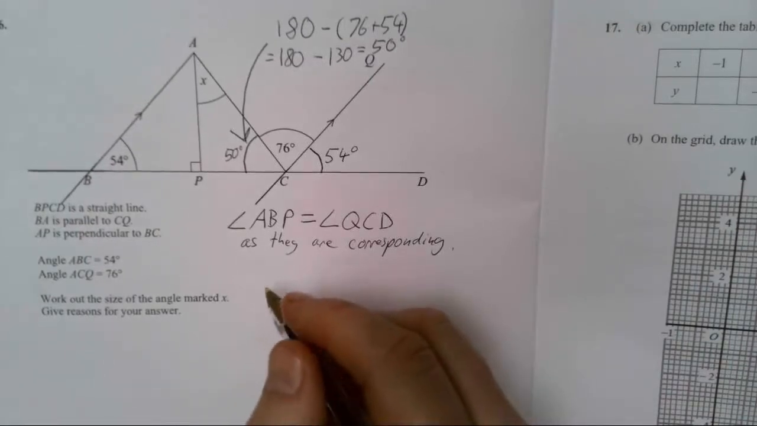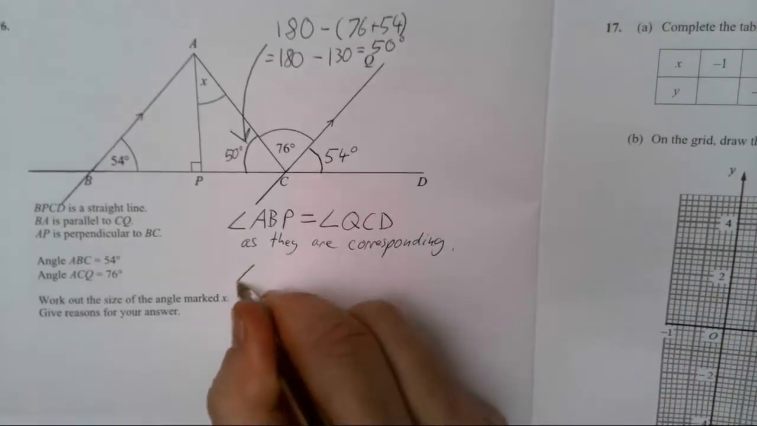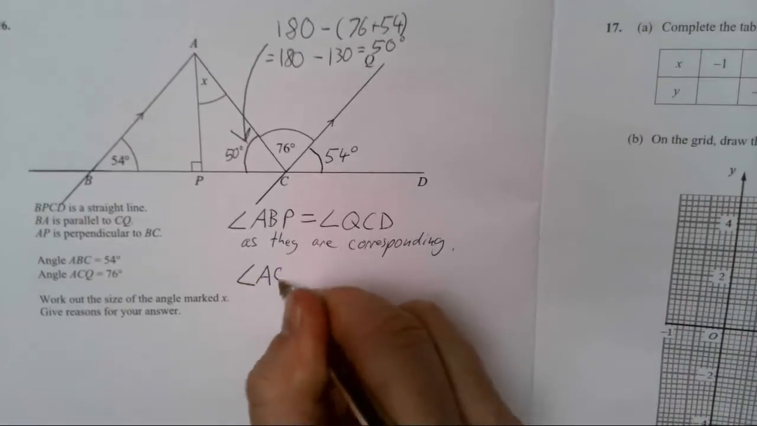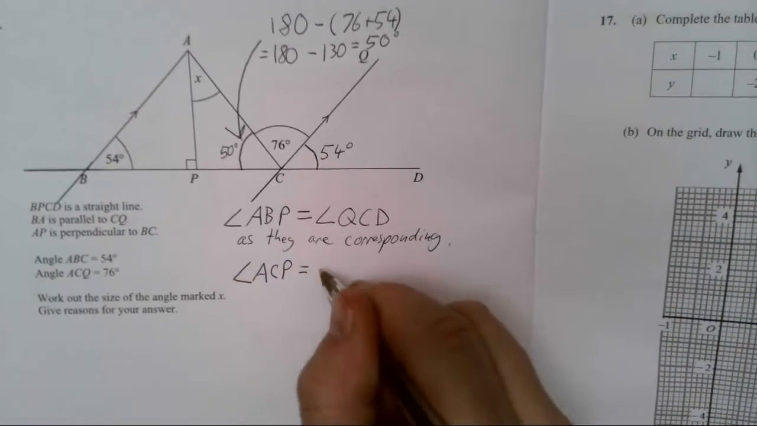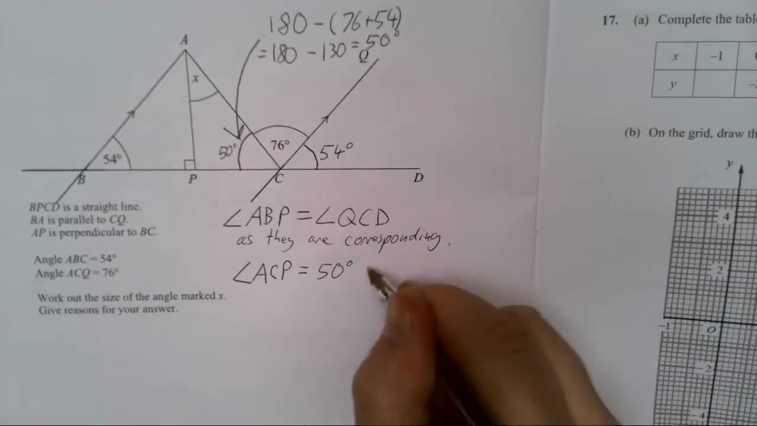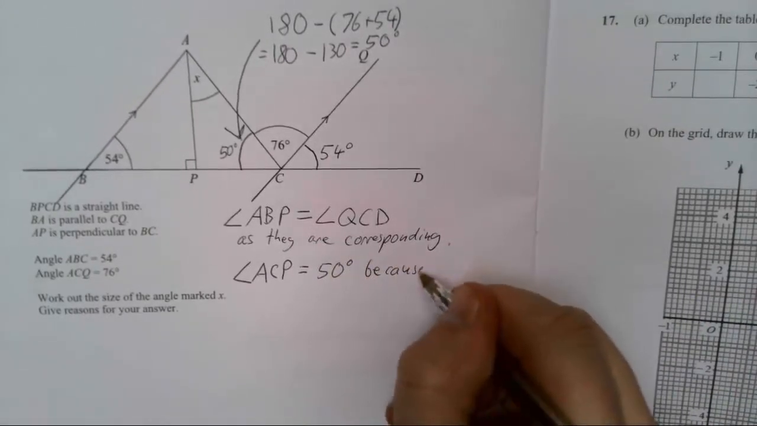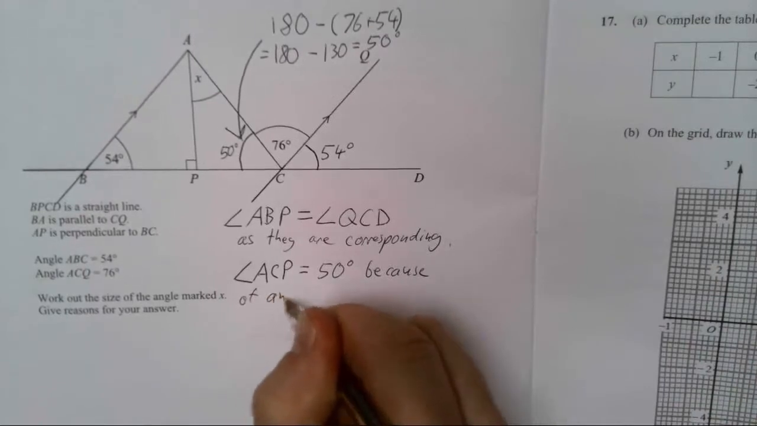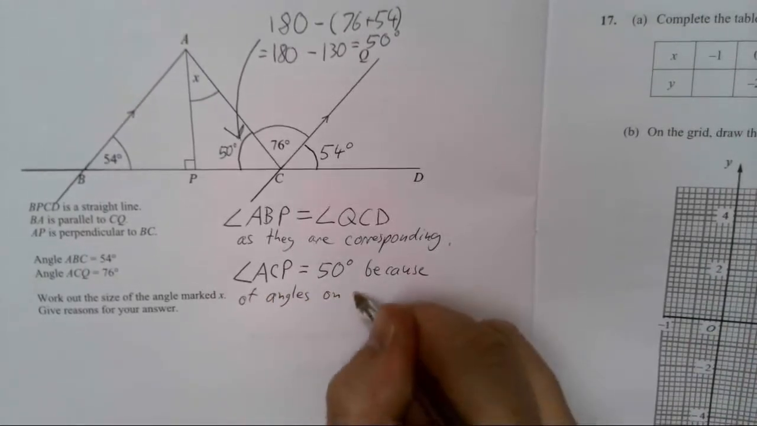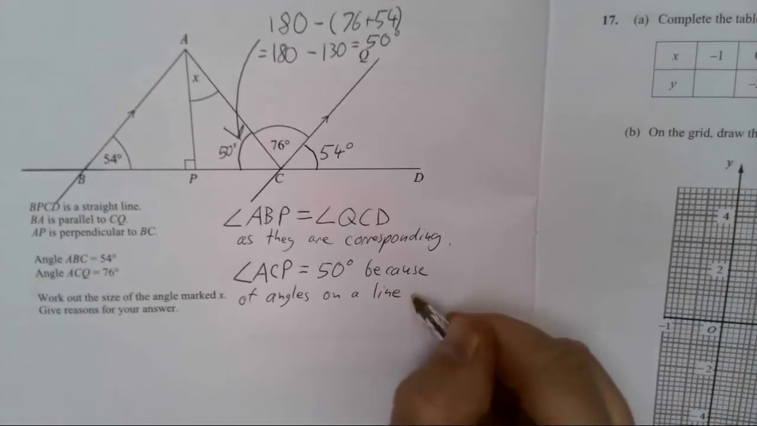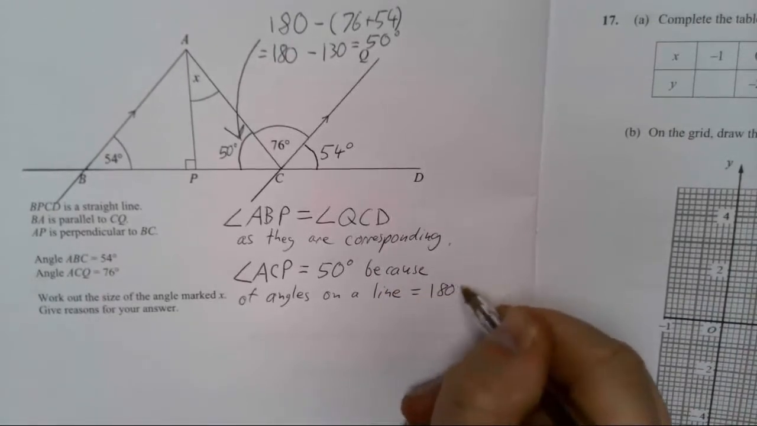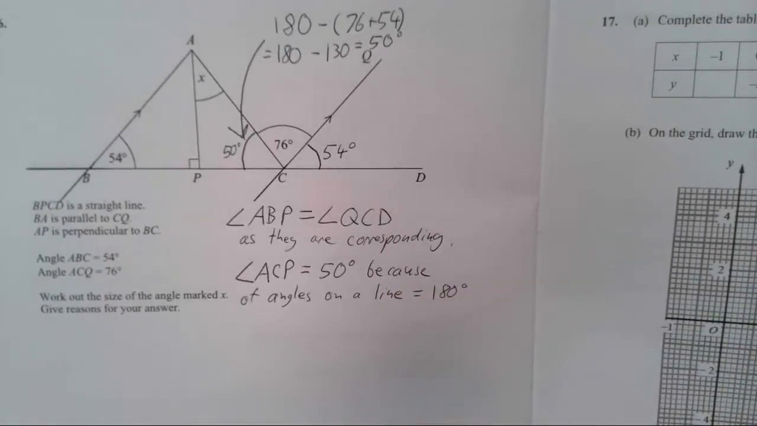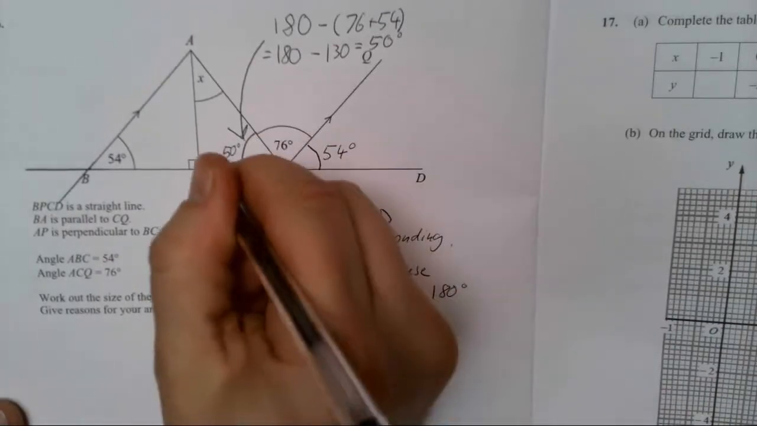So we need to write the reason for that, and we need to say it with the correct angle. So angle ACP equals 50 degrees because of angles on a straight line. Because angles on a line equal 180 degrees. Not perfect grammar, but that would do fine. Okay, because angles on a straight line equal 180 degrees. I maybe don't need the of. Okay, now,